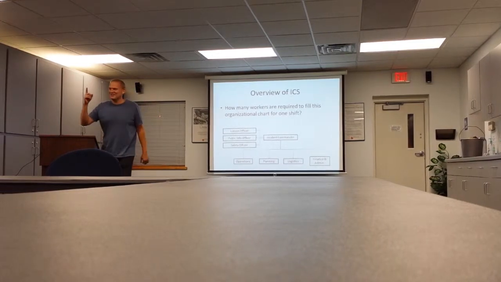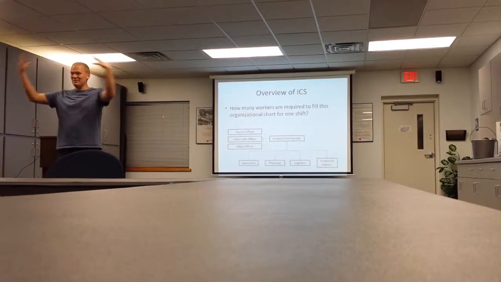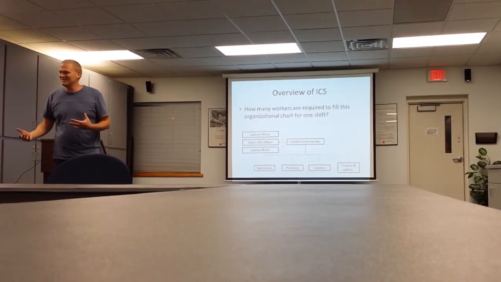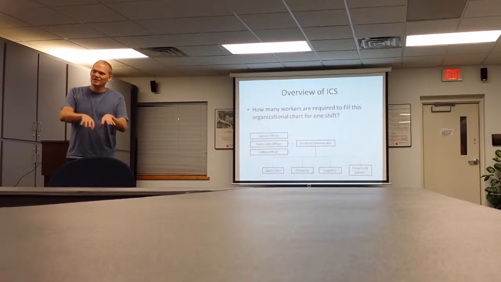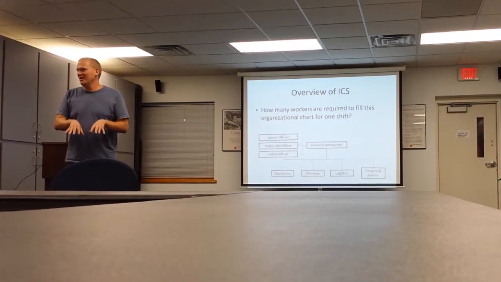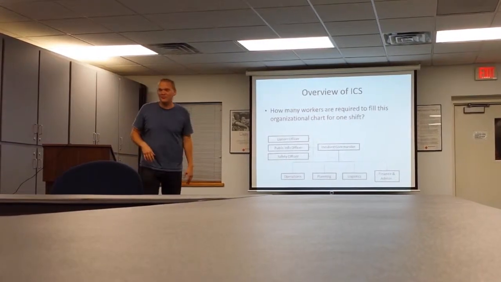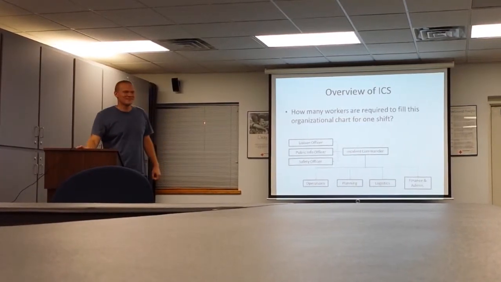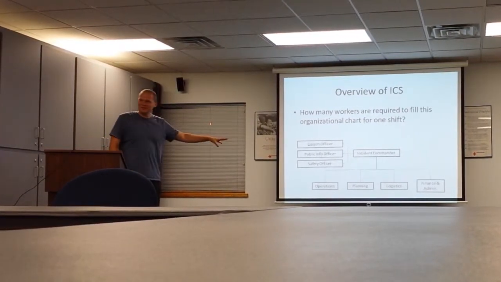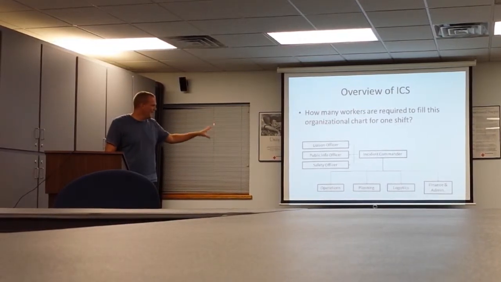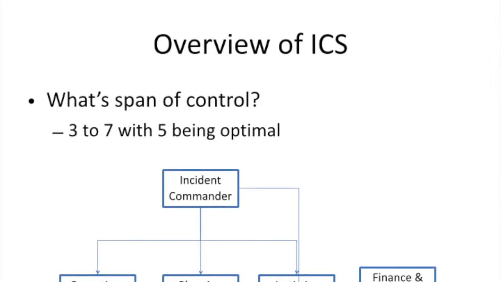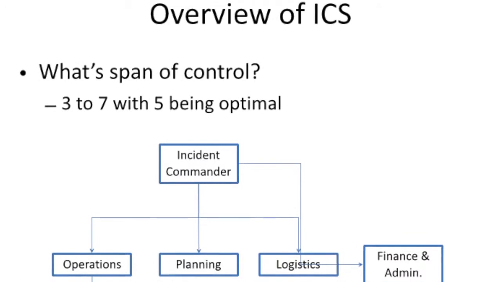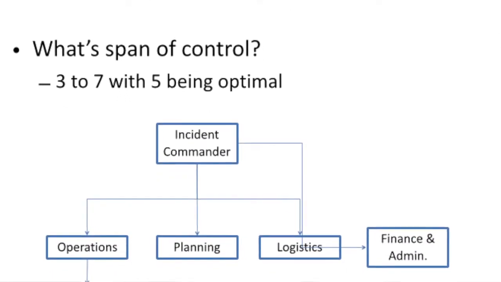You have one guy who's the incident commander, one person who's thinking about the big picture and setting objectives and keeping track of expenses and all that kind of stuff. And then you have one person who's really more down in the weeds, leading the field operations. And that model actually works quite well for incidents of fairly significant size. It's only when things get really, really large that you're really going to start plugging people into a lot of these different positions. So span of control is one of those tools that ICS sets up so that it can fulfill its objective.